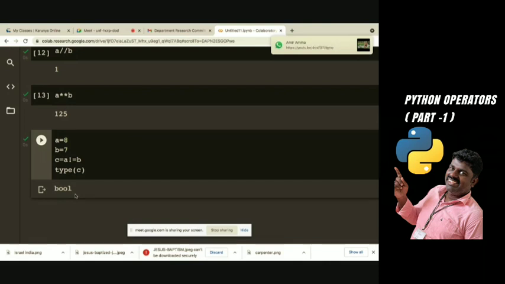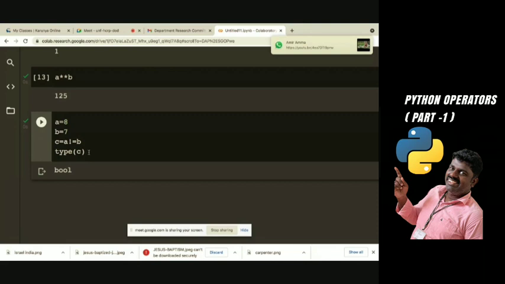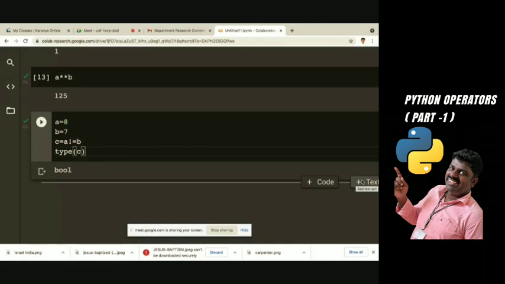Every time, please check this. Because there is no type declaration, you should know what data type the output is going to return when you use a particular operator. You should be very clear with that.